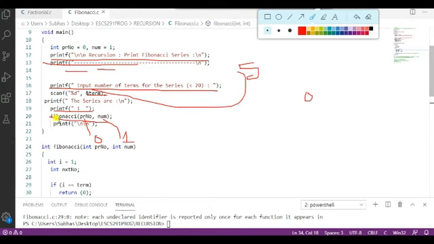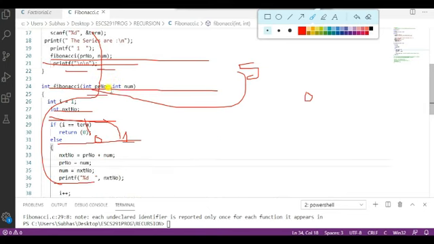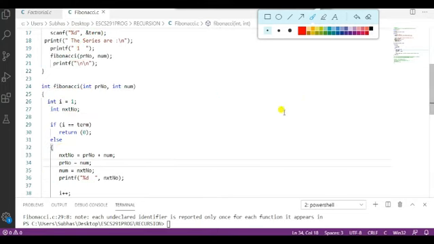So this is my function calling. After all the operations and printouts have been performed, it will simply return 0. Because this function returns an integer, it will return control to here and just give a blank space. You can implement the function in a different way. You can also print the total series within this function, but every time you have to call it. It's up to you how you implement it.